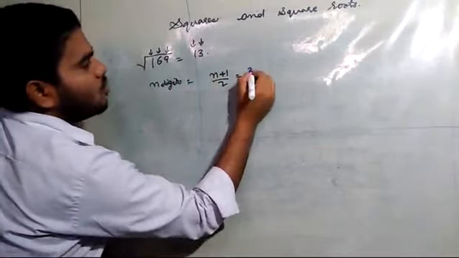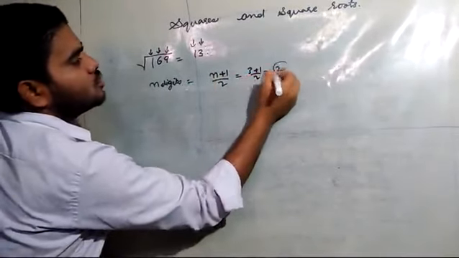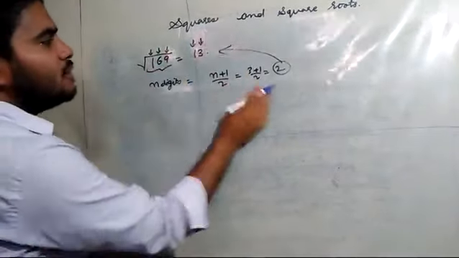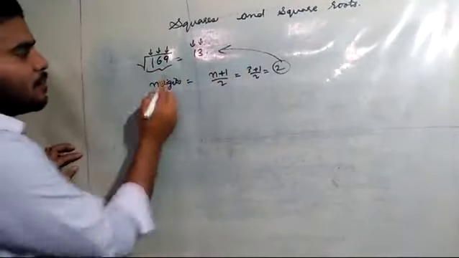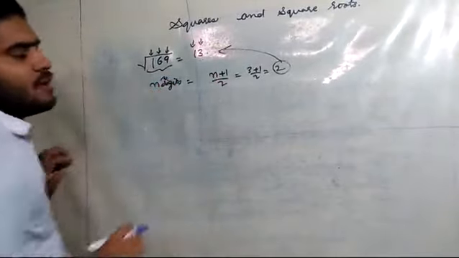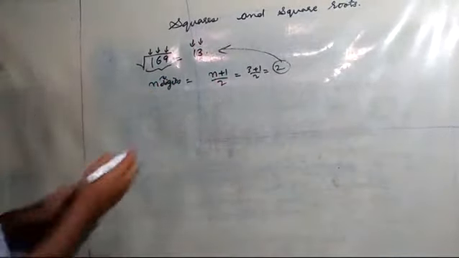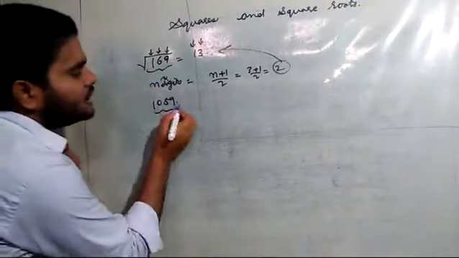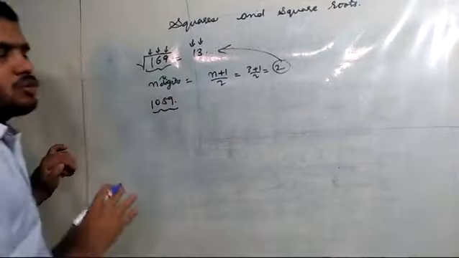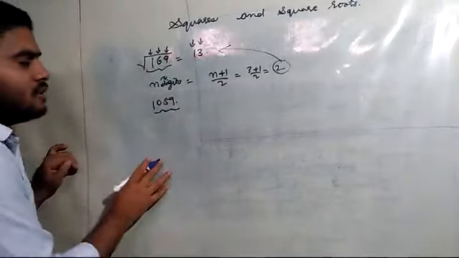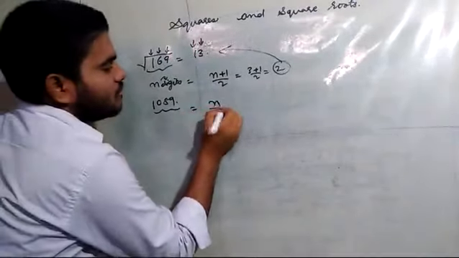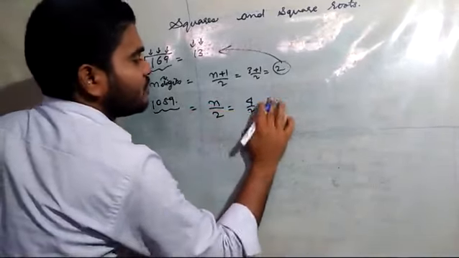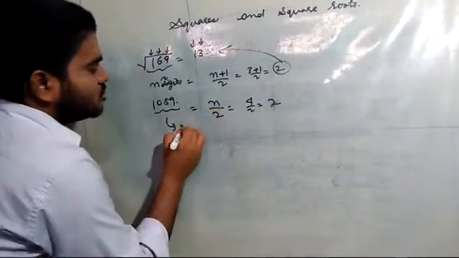Here 3 plus 1, 3 plus 1 by 2, that is 2 digits. Understood? If I have 3 digits, I will get a 2 digit answer, provided this n is odd. If n is an even number, like in the case of 1089, how many digits does 1089 have? 4 digits. It was a perfect square, we have seen recently. So its square root will have n by 2, that means 4 divided by 2, which is 2, and the answer was 33.